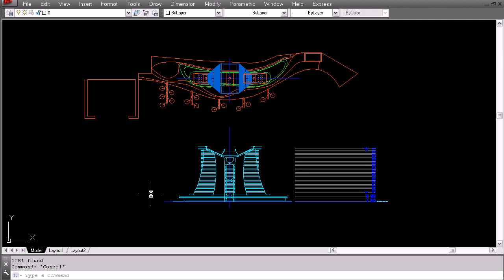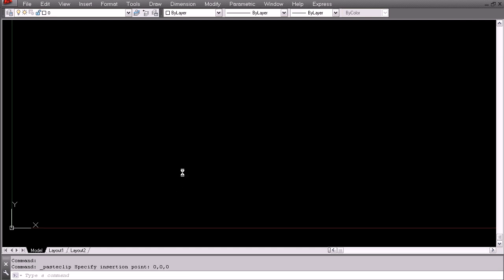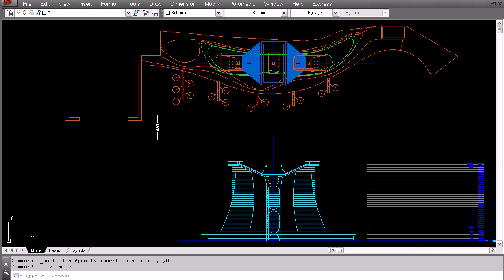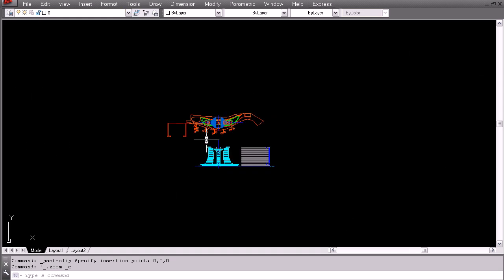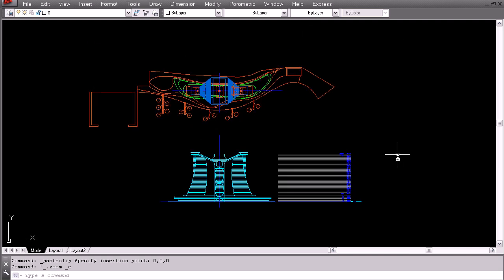And then we're going to create a new plan. And we're going to press Ctrl-V, and again 0, 0, 0. What this will do is, if you double click on your middle mouse button, it'll zoom to extents. It will basically copy paste your plans exactly into the same reference based on your 0 point in your plan. So now we have a simplified version of what we're going to work with in 3D Max,